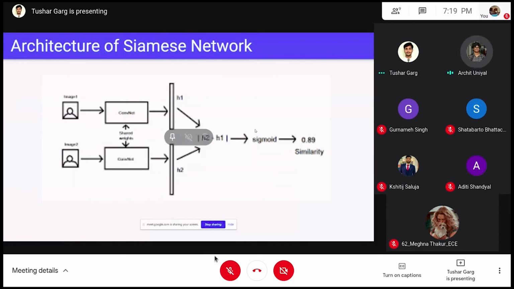So what if I say, what new can you do from this paper, taking this as the base